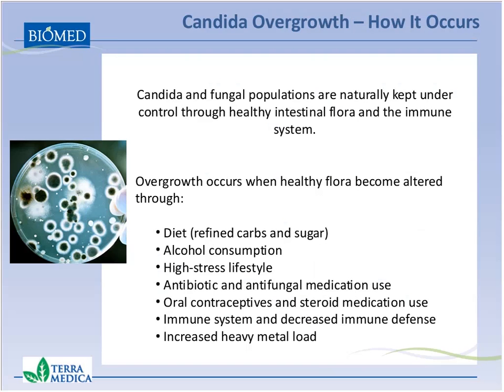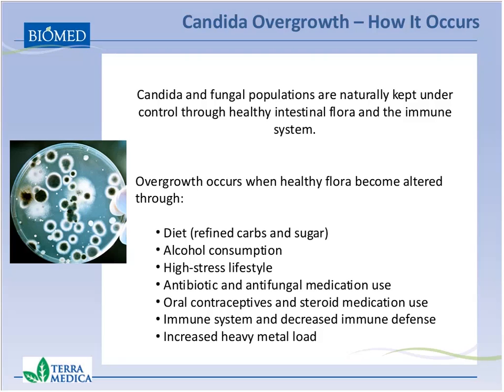The normal symbiotic Candida and fungal populations within the body are naturally kept under control through the healthy intestinal flora and a strong immune system. It's when these things start to get altered that the Candida populations can start to overgrow. When the microflora is altered, the immune system is weakened, the pH balance is changed, then overgrowth can start to occur. The types of things that can create overgrowth are very typical things in a North American lifestyle,